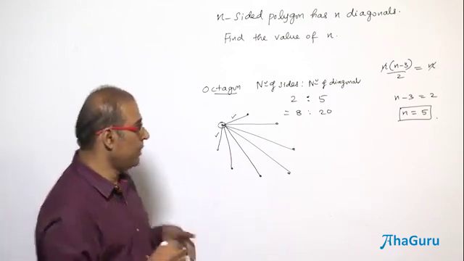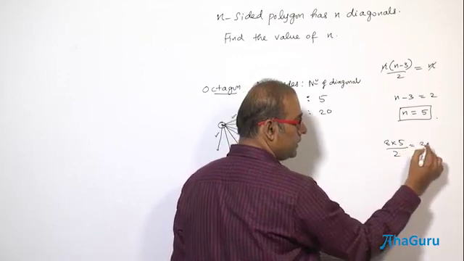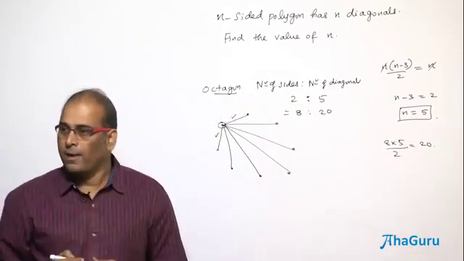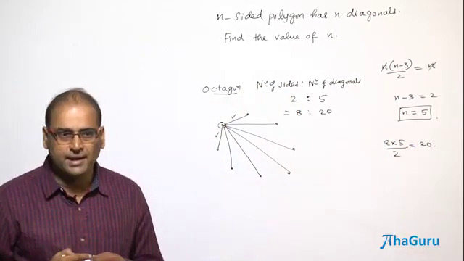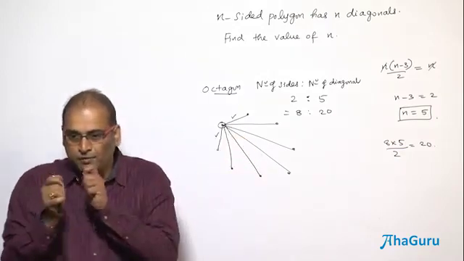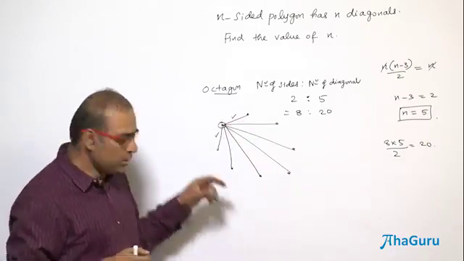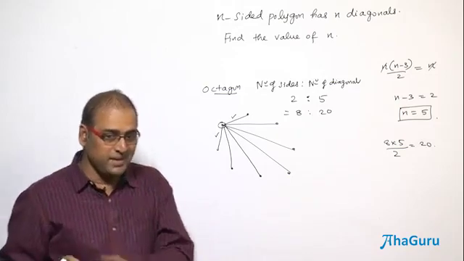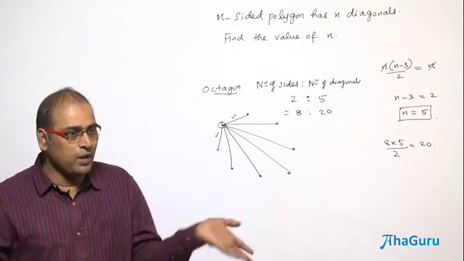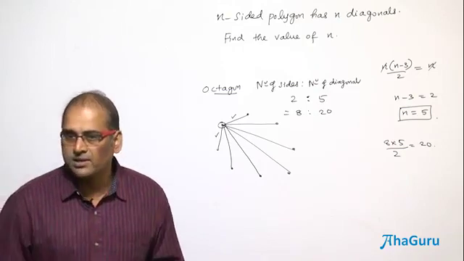If you are going to use the formula, say 8 into (8 minus 3) by 2. But I have got a different idea now. Just by this picturization, you are able to see the number of sides is to the number of diagonals, and it is going to be the same for every vertex. You count 2 sides and 5 diagonals, and every side and every diagonal is counted twice. Therefore, my count is only double, so the ratio is not going to change. So the number of sides is to the number of diagonals is the same.